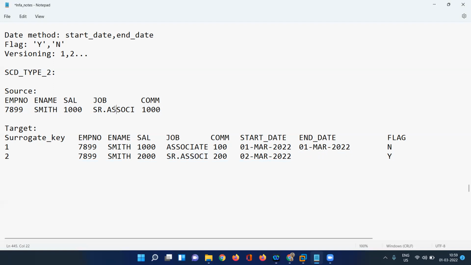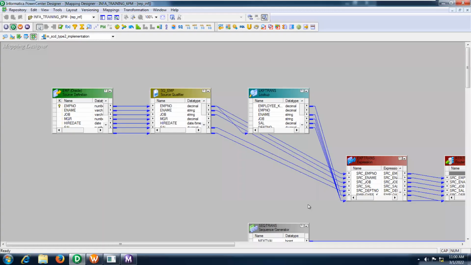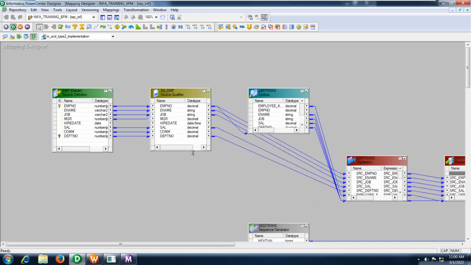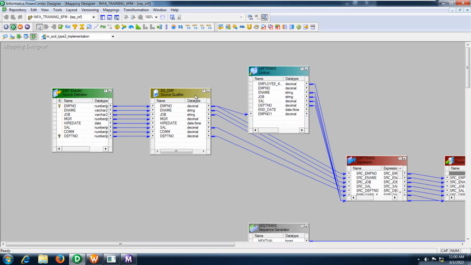Let me show you the mapping flow, how I designed it here. Then I'll load the current data and the updated information coming from the active source, and update our target table also. Now if you see carefully, this is my mapping. This is the source and source qualifier. The source qualifier will help you convert native data types into Informatica data types. I mentioned this very clearly in previous sessions also.